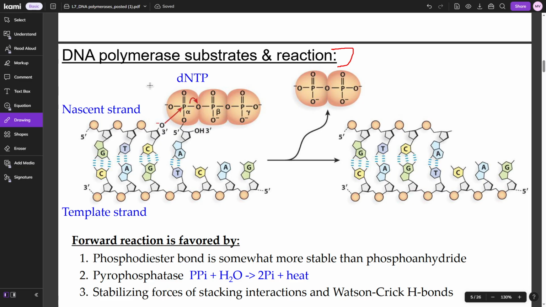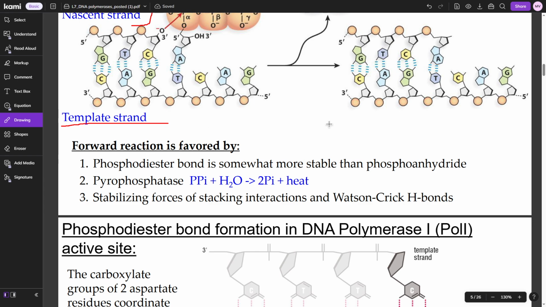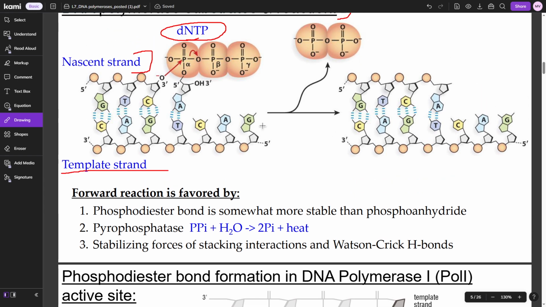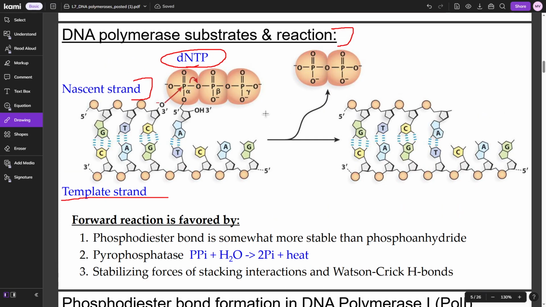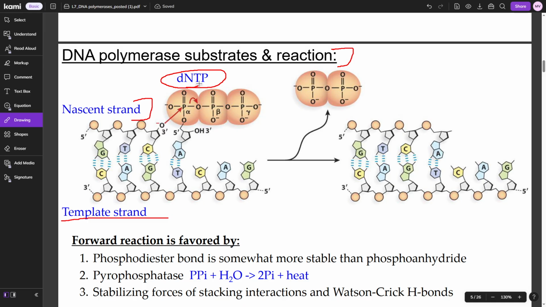So, the substrates for a DNA polymerase would be a template strand, right? It needs to read the template strand so that it can actually figure out what bases to use. It's going to be making the nascent strand. It's also going to need dNTPs to make the nascent strand. So, this forward reaction of forming these DNA molecules is favored because, one, you're cleaving this,